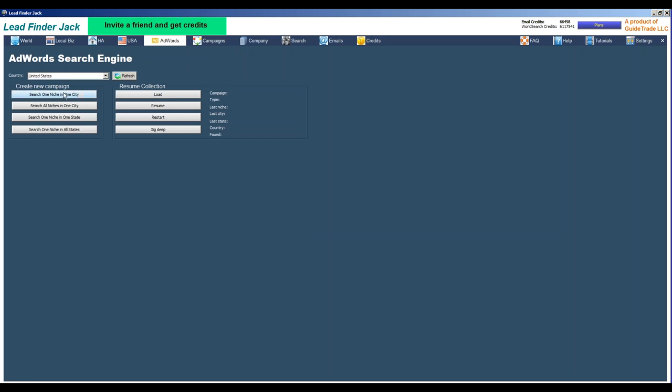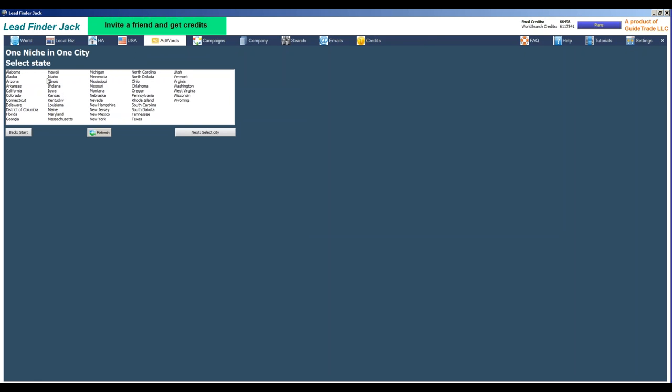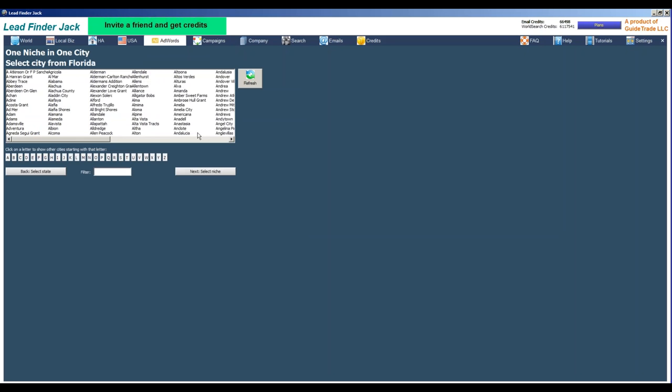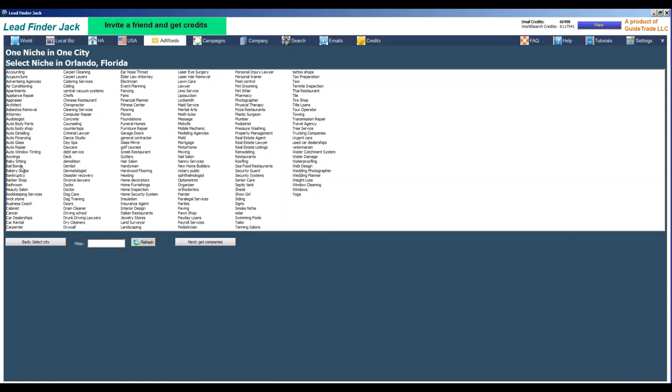Then you select search one niche, and let me do Florida, then Orlando, then select the niche, auto repair, and then get the companies.